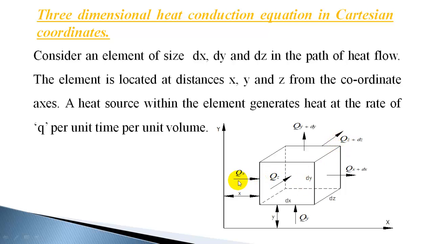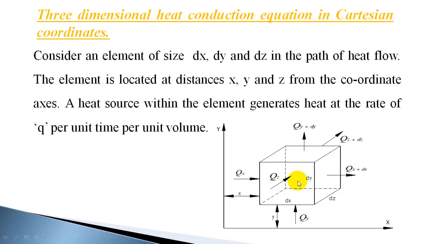If the energy entering at the left end is more than the heat flow at the right end, there will be a difference and the heat will be accumulating. The heat energy will be accumulating, that will lead to a rise in temperature. Suppose 10 watts is entering the element and only 8 watts is flowing out, there will be a net heat flow into the element, that is 10 minus 8, 2 watts, that is 2 joules per second.